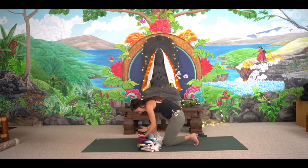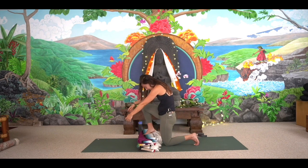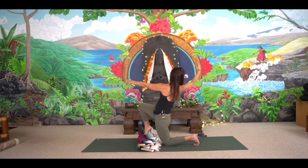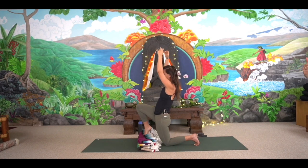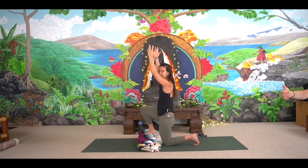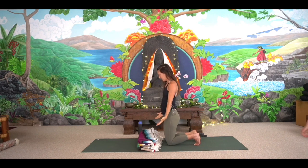And I'll let you choose on this last one. You can keep it forward like we did on the first round, or you can go through that spiral once again and then end up in the back bend. And then release the heel down, bring the knee in, release the arms, and keep the toes tucked as long